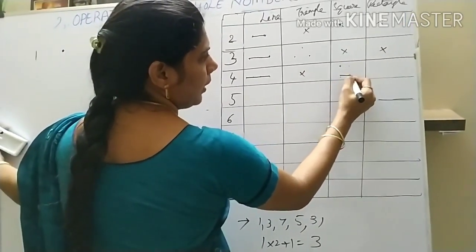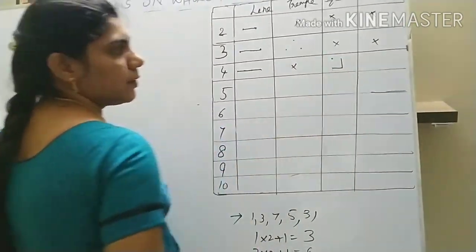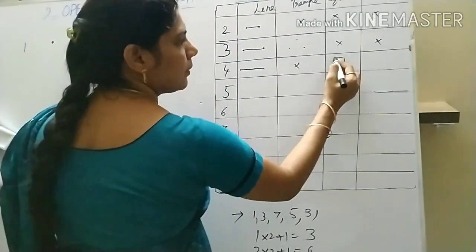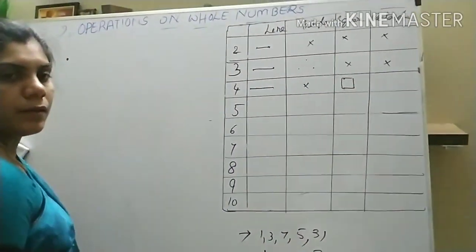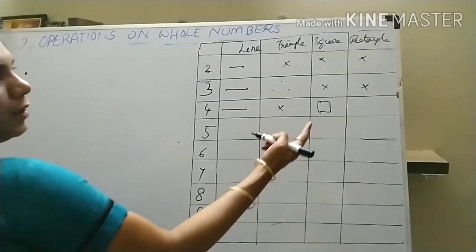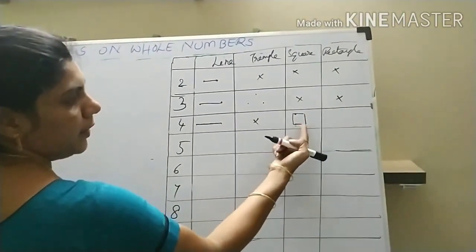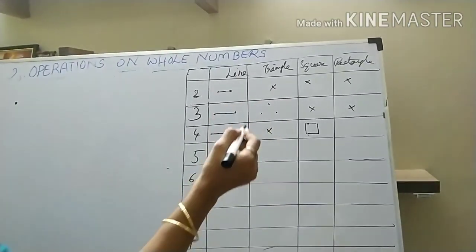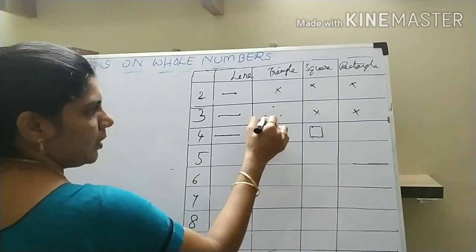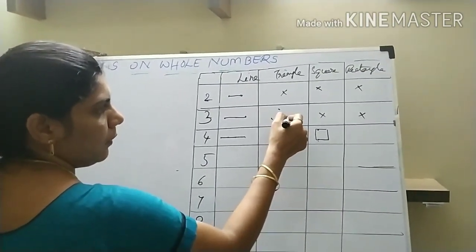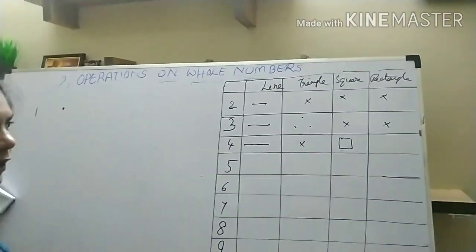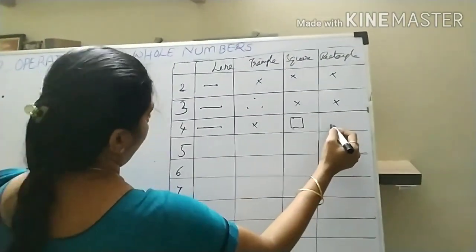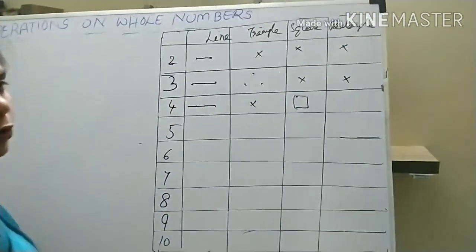See, 3 dots I am adding here, so that you can make one square. How many dots have you added here? 3 dots. If you observe here, the starting dot is the same for all the numbers, but how many dots have you added to the remaining? 2 dots. Okay. So a rectangle, you can't form a rectangle with 4 dots.